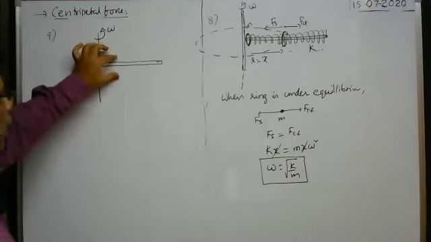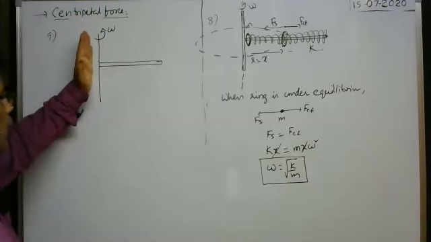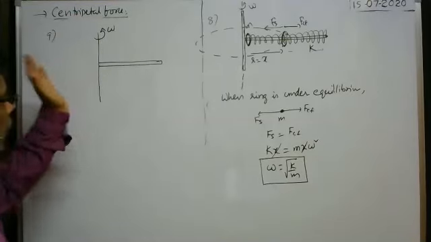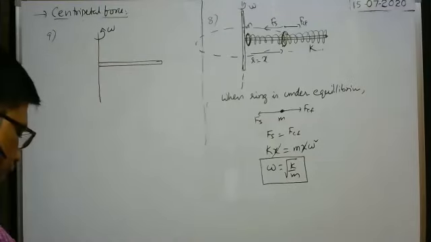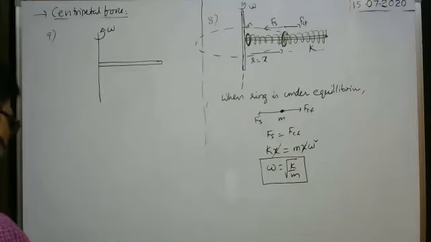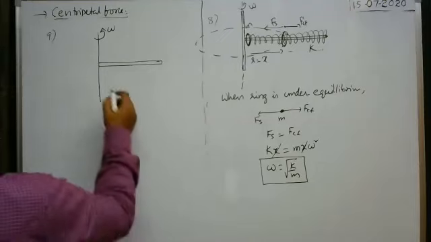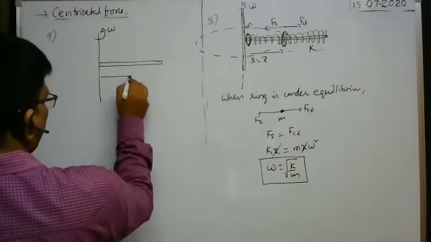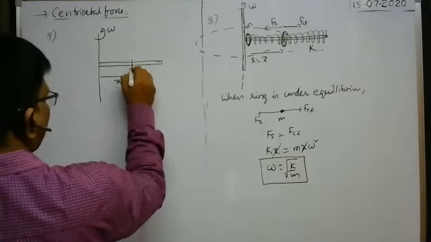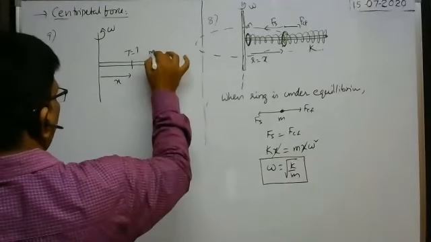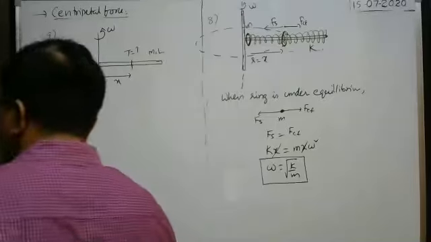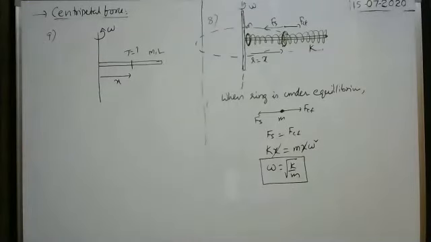So here the rod is made to rotate about the vertical axis, which means definitely the rod rotates in a horizontal plane with angular velocity omega. At that time they asked what is the tension in the rod at a distance x from the axis of rotation. Here at this point, what is the tension they asked? Mass of the rod is m and length of the rod is say L. This is the data given.